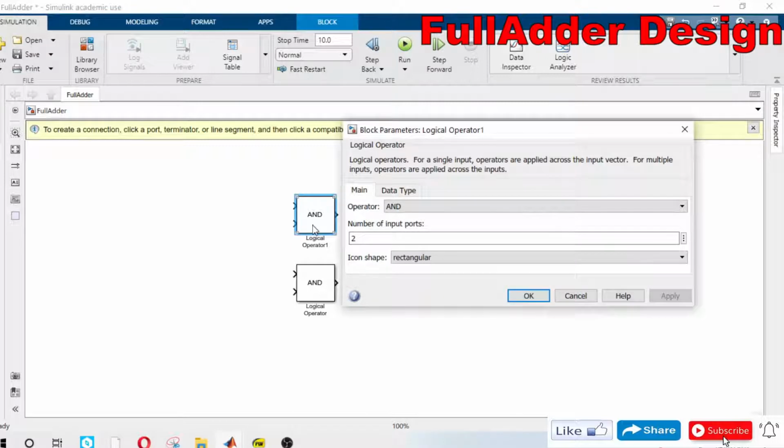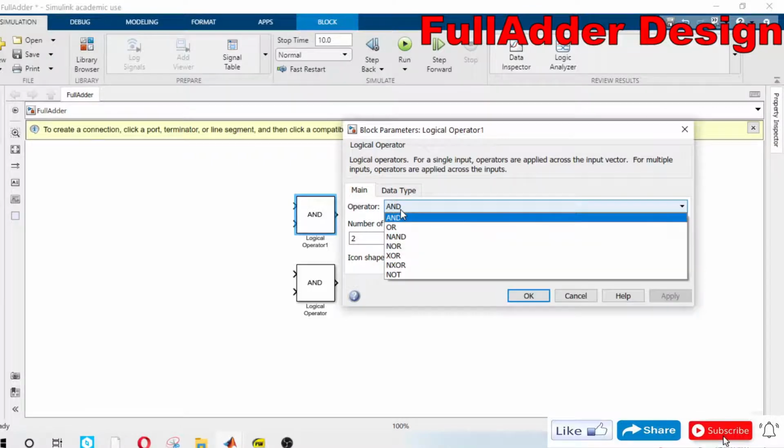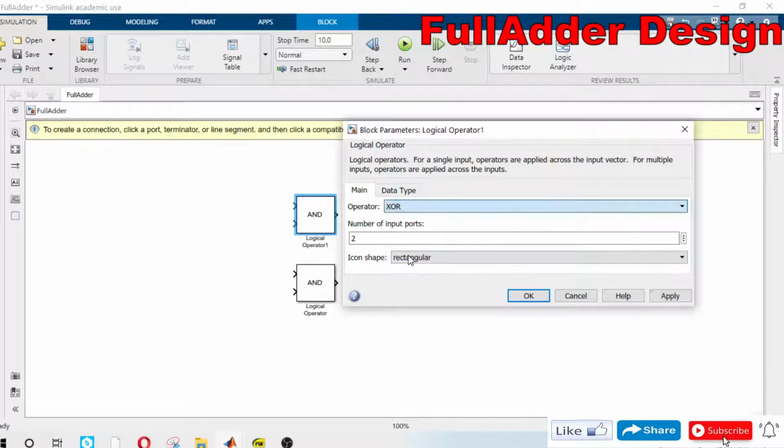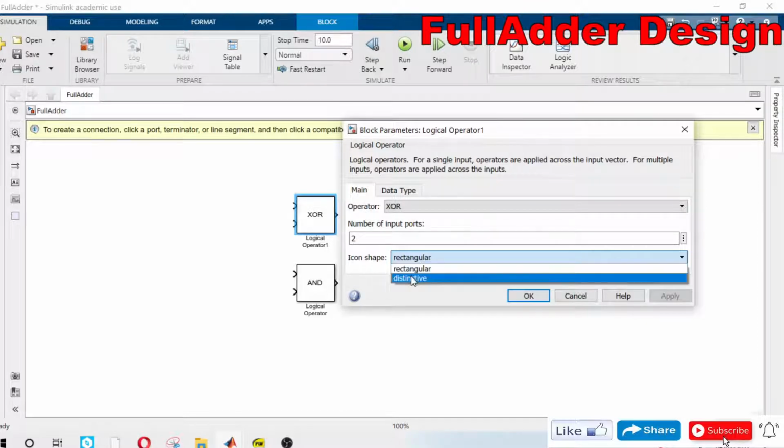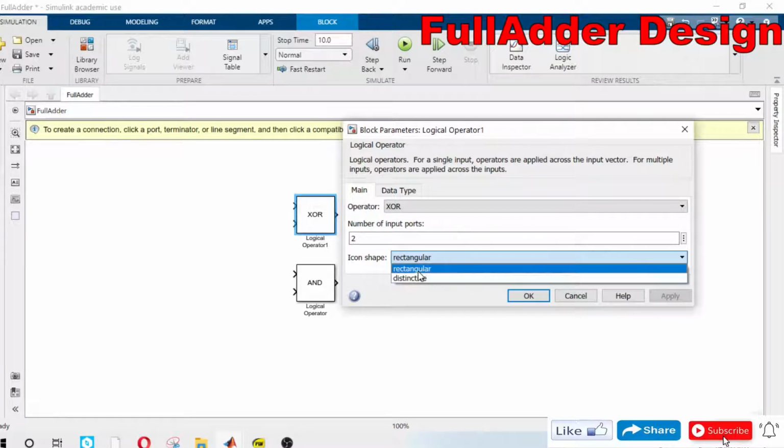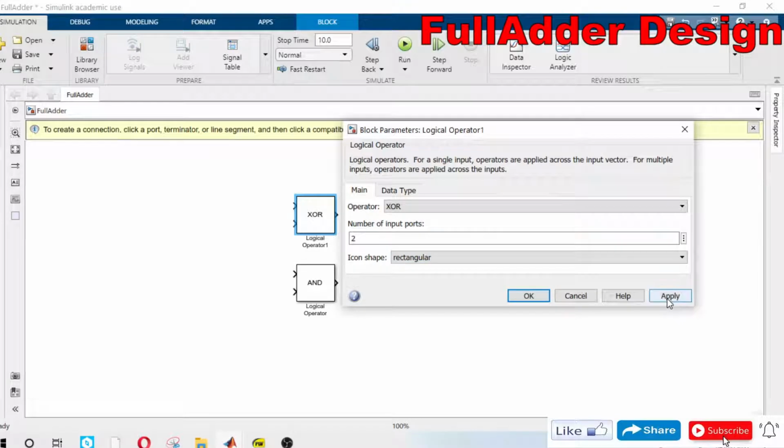Double click on the gate, it will open up the block parameters, in which go to the operator and we select XOR with two inputs. Also we can select the icon shape. If you want rectangular, if you want distinctive, you can select the distinctive as well. For the moment I will have a rectangular. Apply.